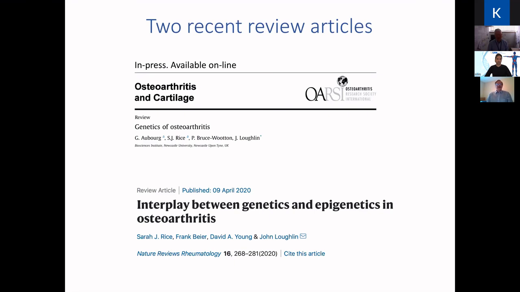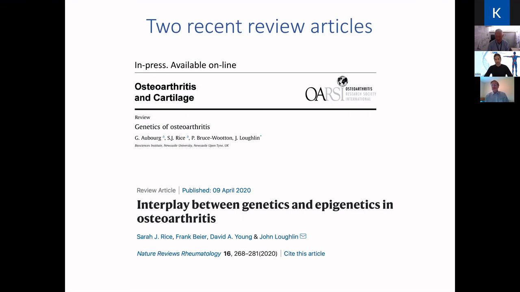Yeah, there are differences. There appear to be differences in ethnic risk allele frequencies. So, if you compare some of the Asian GWAS studies that have been performed to European GWAS studies, you do see different signals emerging, as well as lots of shared signals. As Mohit touched on before, GDF5 is the original OA risk allele signal that was discovered in Asians and has been replicated in Europeans. But at the same time, Asian studies have identified a number of other signals that we've never really replicated in Europeans. So there are ethnic differences between groups. That's definitely the case. So the architecture will be different between different groups.